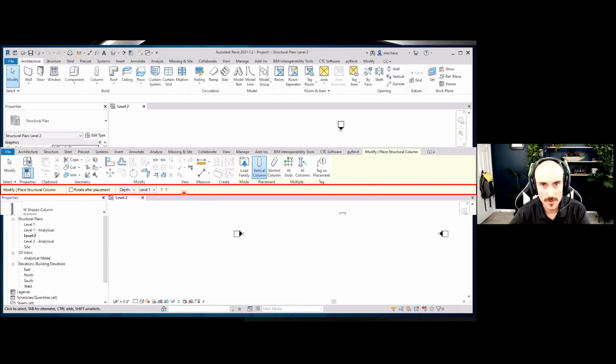Right? We're designing in this 3D world now. We're not going through and placing a representation of a column of just the outline. We're actually placing it in 3D. What's the height, start, end location, rotation? We have to think about all of that when we're getting ready to place an element. And that's exactly what we're going through right here. It's saying, hey, Michael, do you want to rotate this column after you've placed it? Do you want to place it from the level you're at down? Or if you hit the drop down, it'll say height, or do you want to go up? Or do you want to place it at a different level than you're currently at? So again, this is your options bar. I like to phrase it my dynamic options bar.